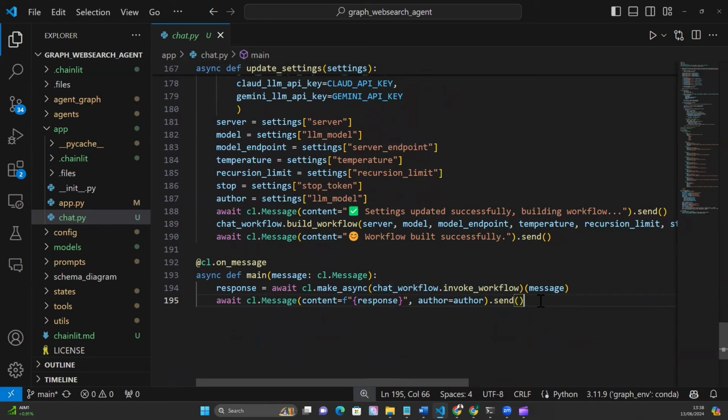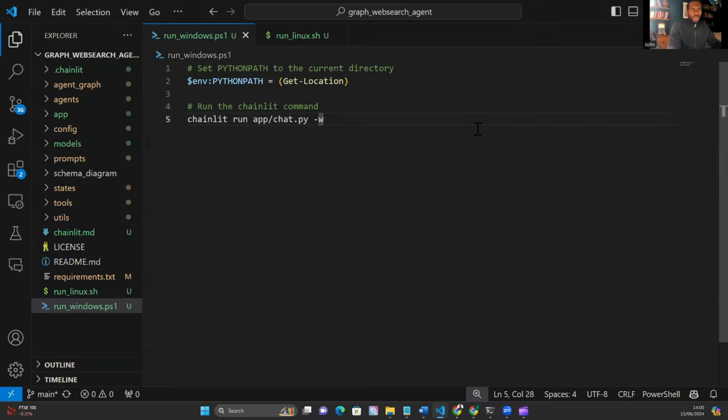Next, I'm going to demo that chat interface to you. We'll probably use Gemini. I'll talk through my experiences with Groq, with Gemini, with Claude, and also with OpenAI. Right, I'm going to show you how to get up and running with the front end and demo the agency